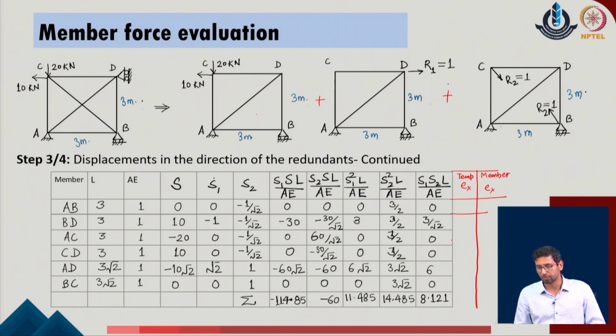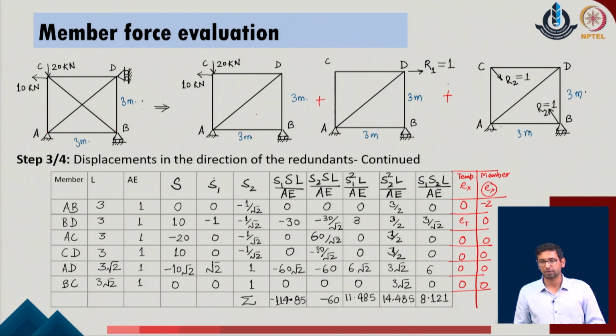Now, when we go through all of the members out of all systems, we understand that in the statically determinate system, those deformations with respect to temperature take place only in the member BD. So, we define the member BD over here and describe this value as E of t for the given system, and all the remaining members have 0 deformations. When it comes to the member pre-strain part, we define that E of x is only available in the member AB of the given system. So, we define in the member AB the value of -2, and for all the remaining members this value is 0.